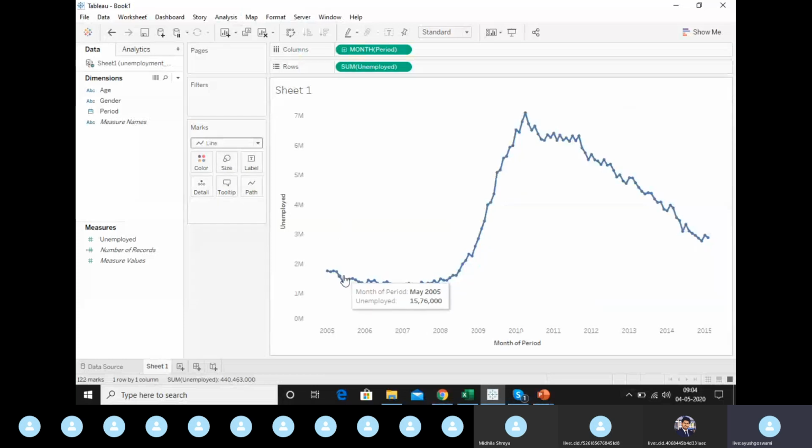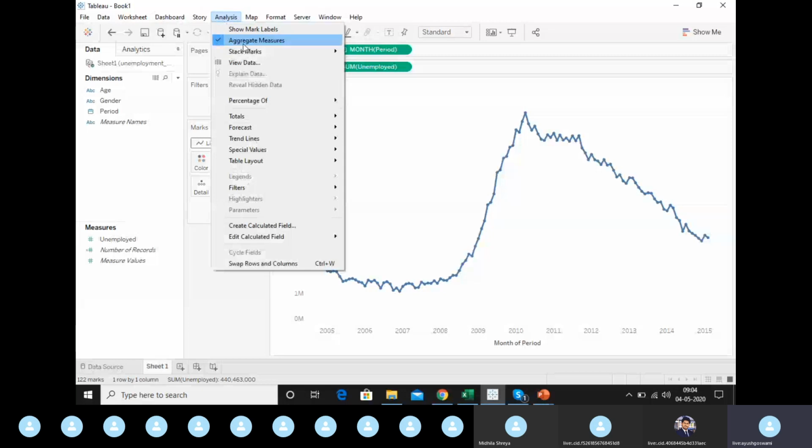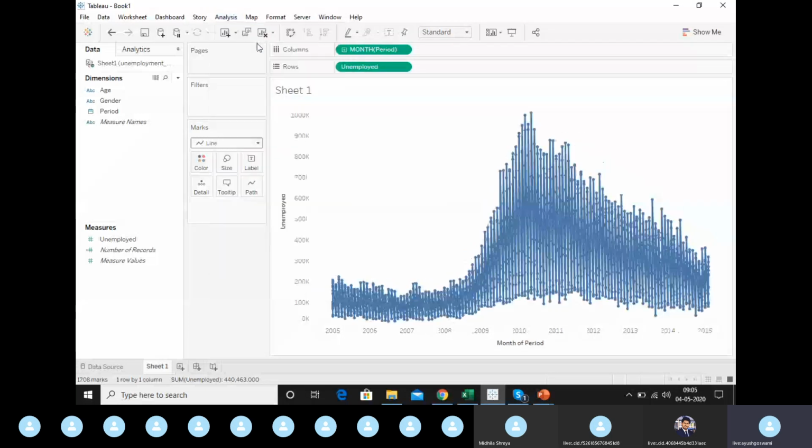So everyone was still here, and the data points were made in a trend line in this way. Now what you have to do is go onto the analysis pane, and uncheck this aggregate measure option here. Once you do that, you will see that the data points are plotted individually now.